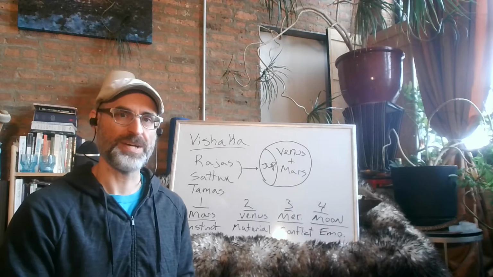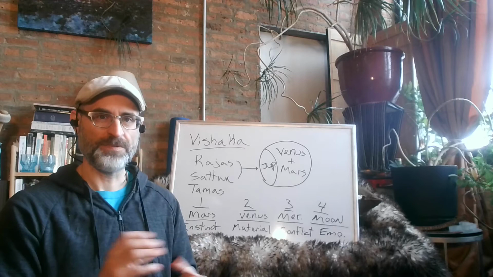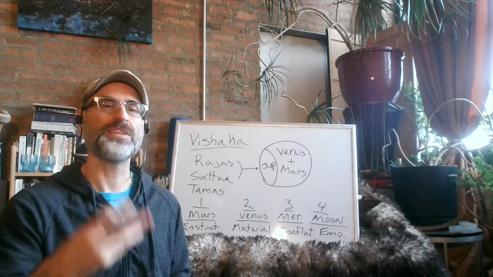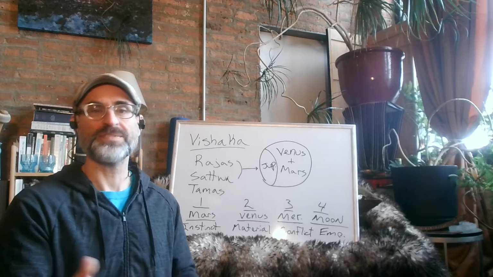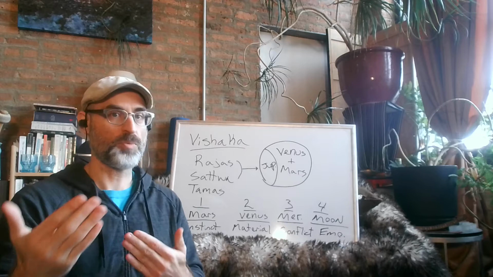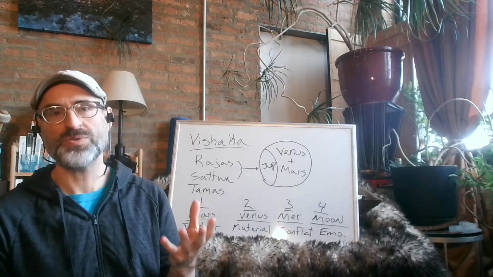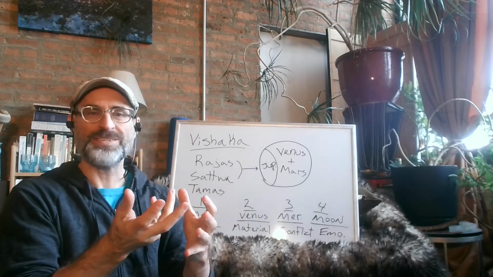I want to talk about Vishakha Nakshatra, and the planetary energies that make up Vishakha, as well as the four padas within Vishakha. The four padas are the four divisions, because this adds additional planetary energies. Let's say you were born in the third pada, that would be ruled by Mercury. And so, in other words, you start seeing how Mercury then adds another layer